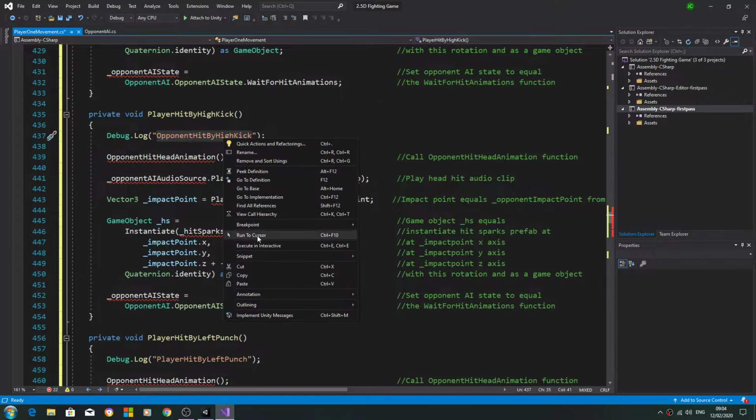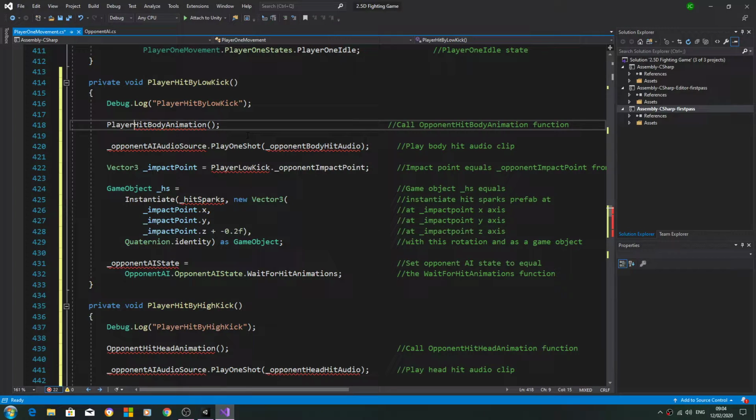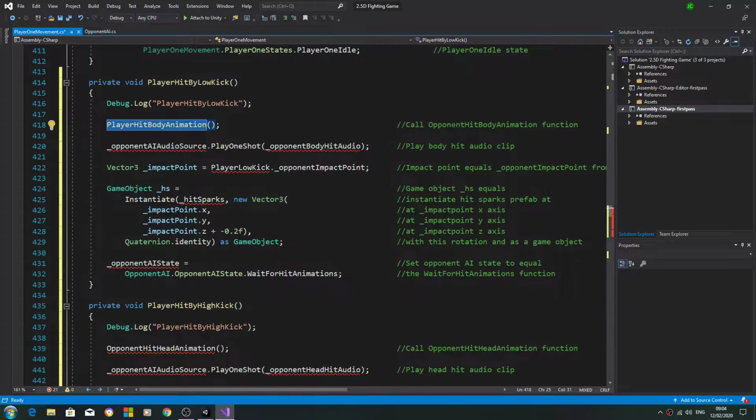So that's all our naming conventions. Debug logs change, so we'll start by changing to the new naming convention for the hit animations. So player hit, body animation,